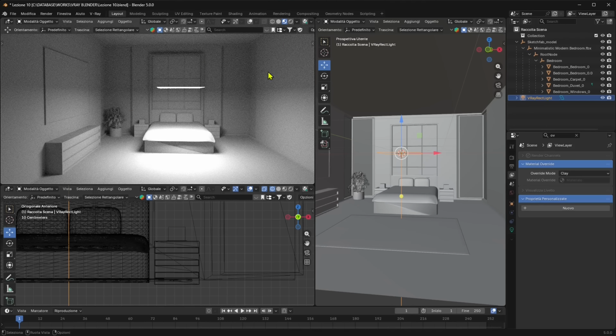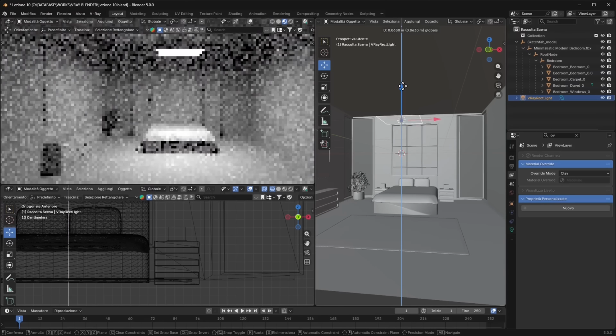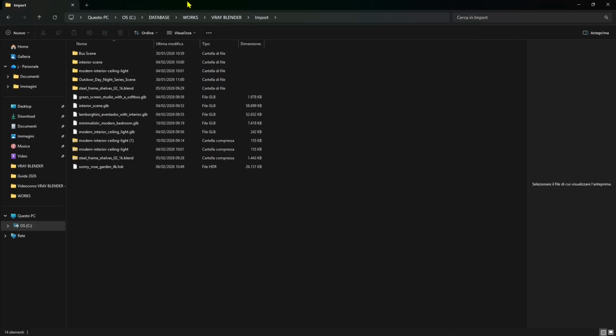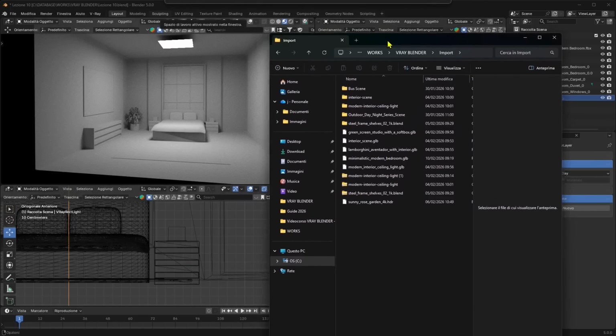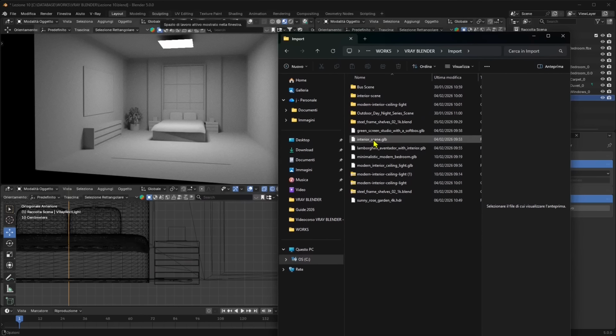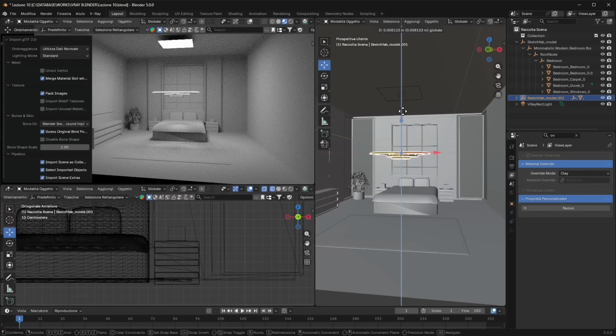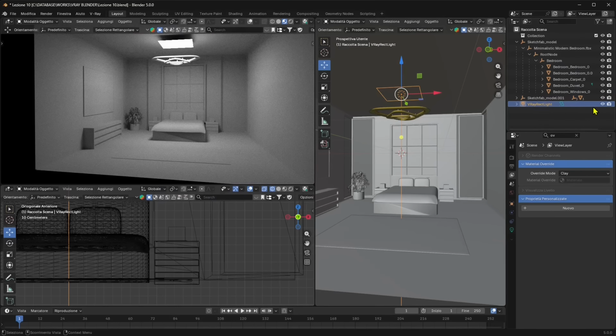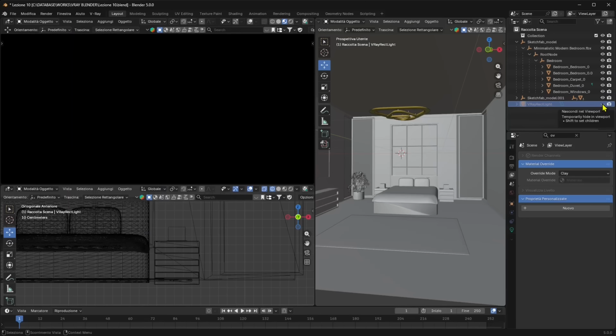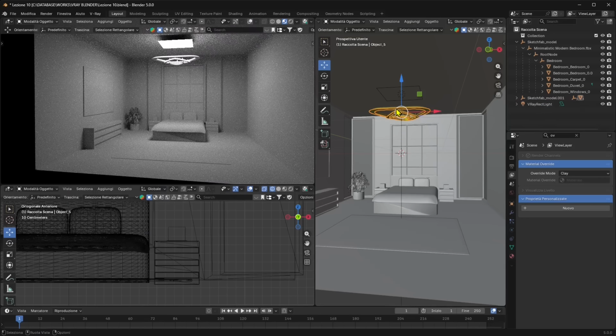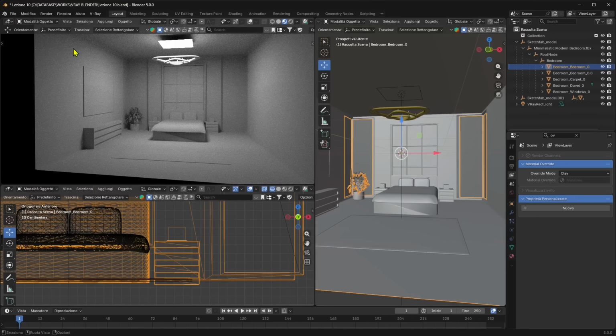So I'm going to add a rectangular light, and we're going to work mostly with rectangular lights because they are the more flexible, the more adaptable. You can do a lot of stuff with them, and I'm going to show you all the different things you can do. And also I'm going to import the ceiling chandelier or lamp. There you go. So we can push it up, and if I turn off the rectangle light, you can see this is not an actual light, it's just an object. So it's not projecting light